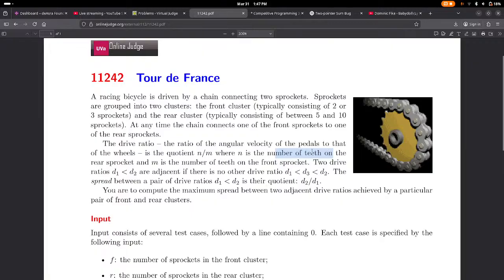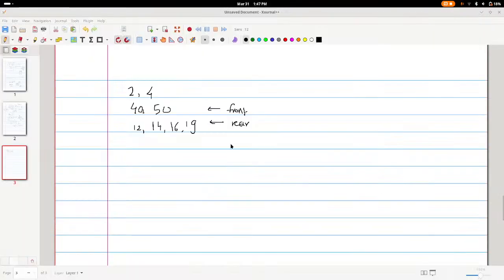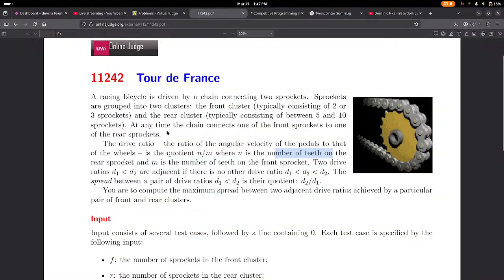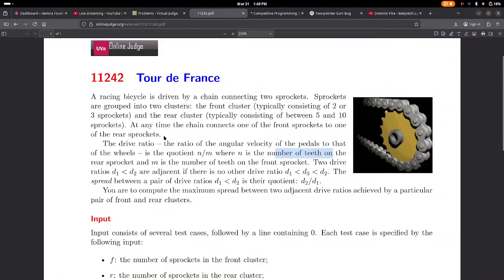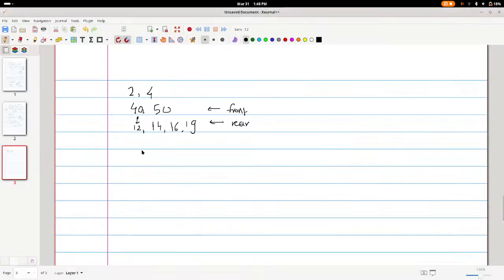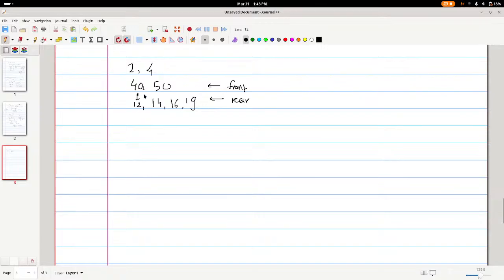And is the number of teeth on the rear. Do you have to calculate each and every D1, D2 and everything? Okay, this is quite interesting then. First of all, we'll calculate D1 is equal to